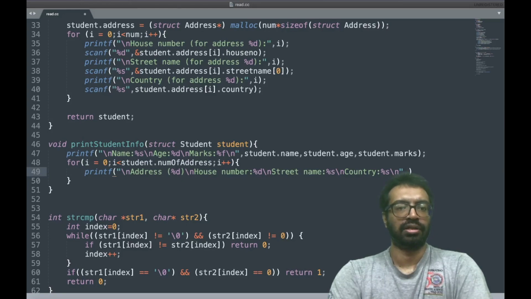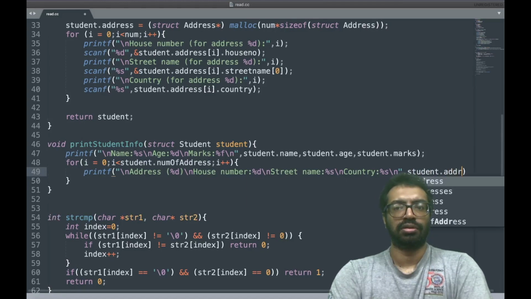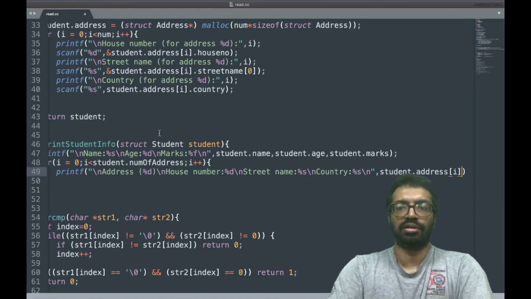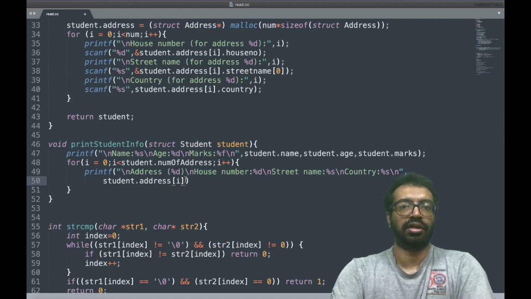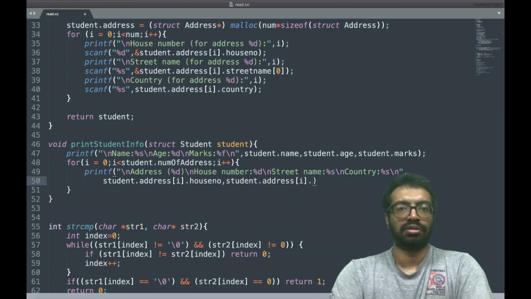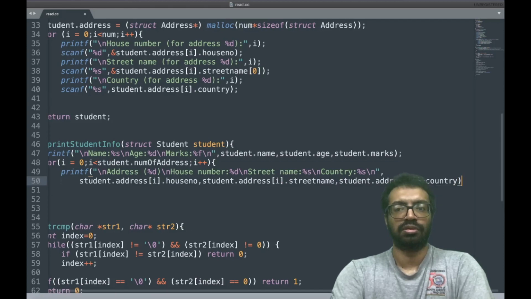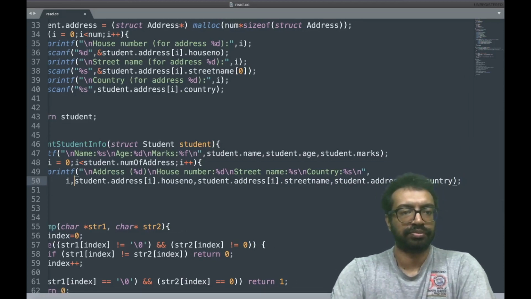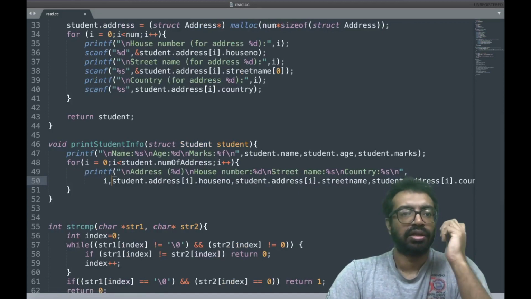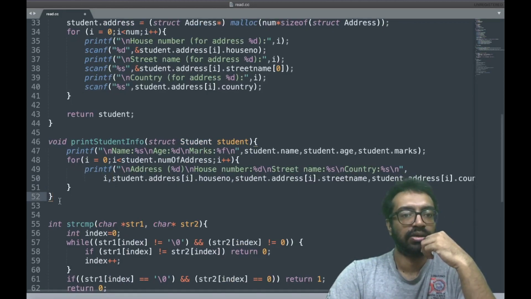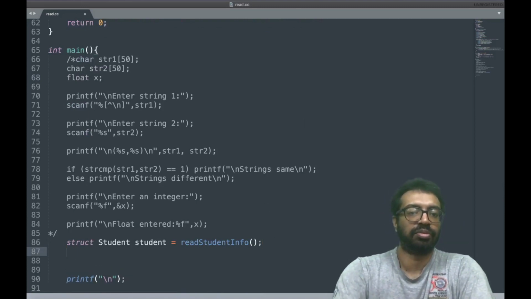and I will write student dot address of I dot house number, comma, then I also. Okay, this should print the student info. So I can call this function here. So it's going to print